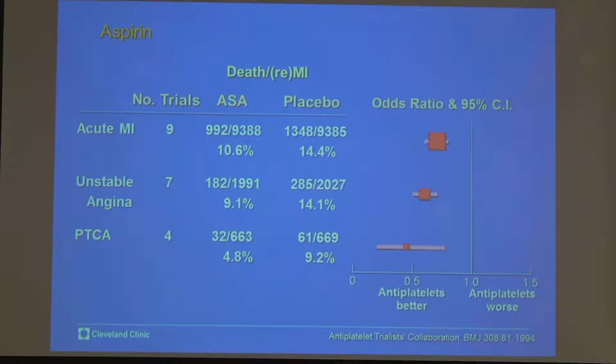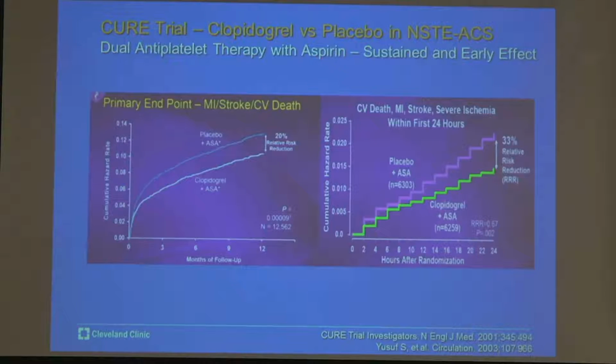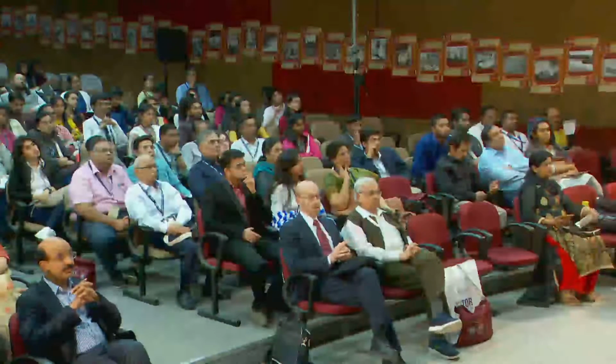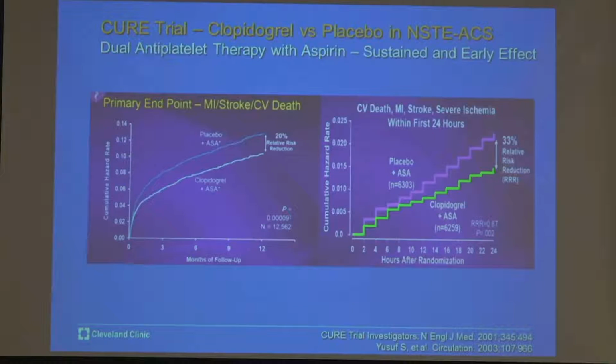Now, what are the antiplatelet therapies? Of course, aspirin is the key, and there are some trials looking at aspirin. Aspirin is so proved to be important in unstable angina that there are no more recent trials looking at aspirin versus placebo. How about dual antiplatelet therapy? Clopidogrel versus aspirin. If you take the dual antiplatelet therapy, the outcomes are better. This is the CURE trial. These are not very high-risk patients, but still in that trial also,